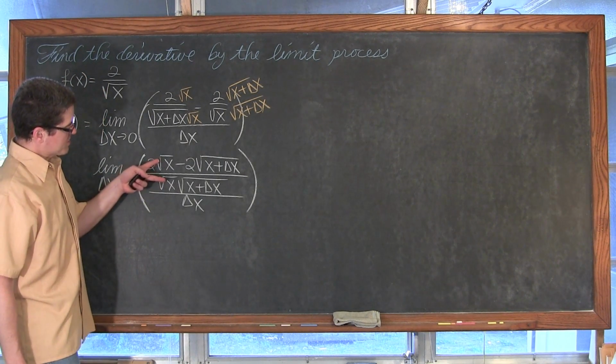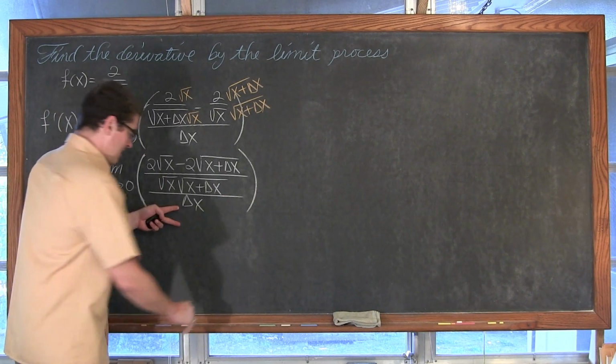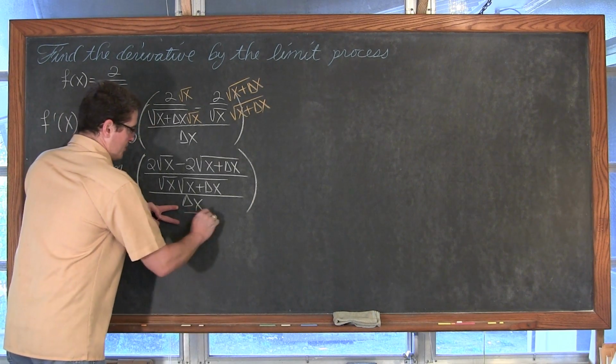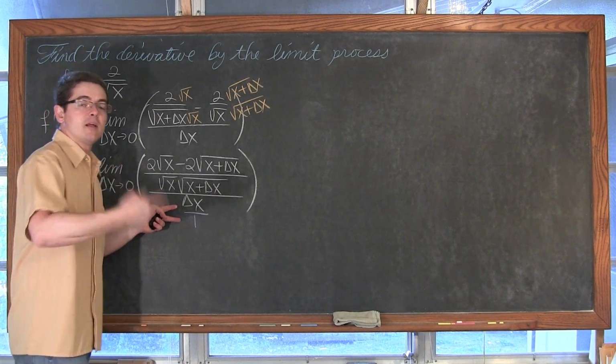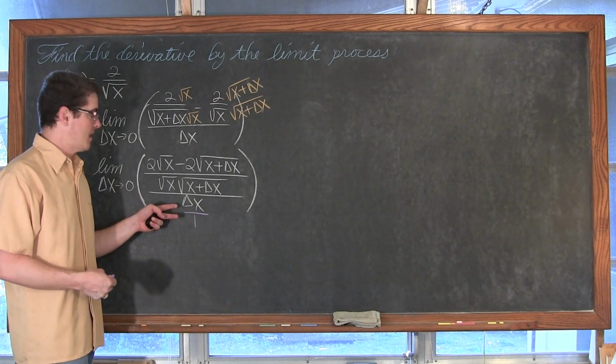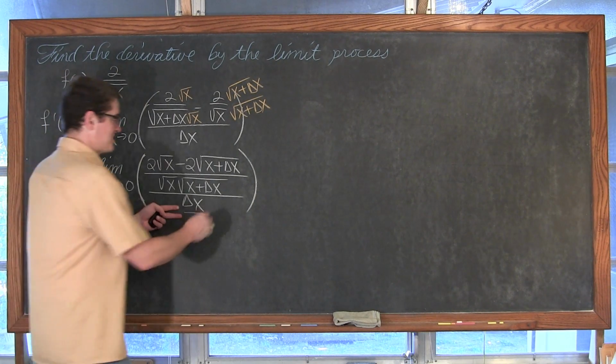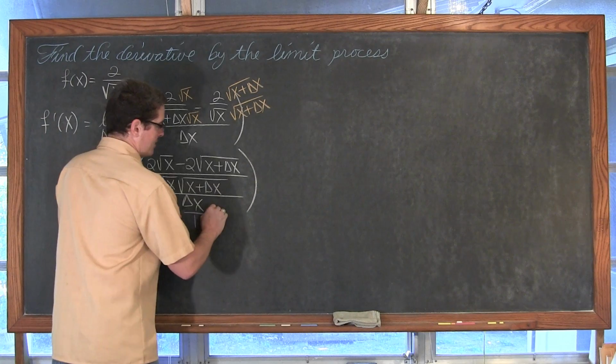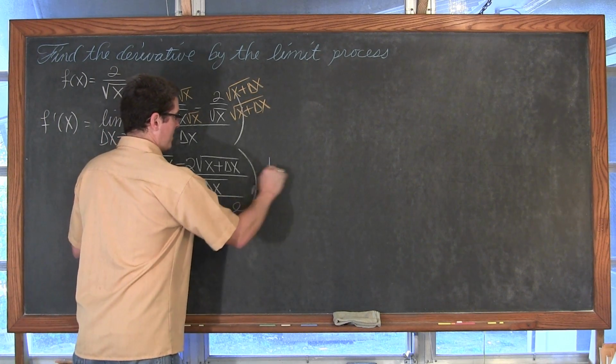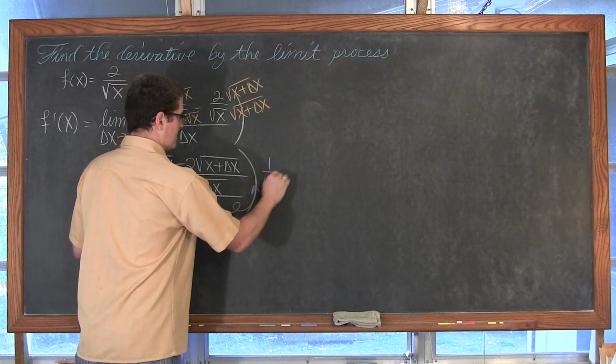Well, you have a fraction divided by a fraction, so hopefully you remember that when you divide fractions, you actually need to multiply by the reciprocal of the second fraction. That second fraction is the denominator. So we're going to take this delta x in the denominator and move it up with multiplication and have 1 over the delta x.